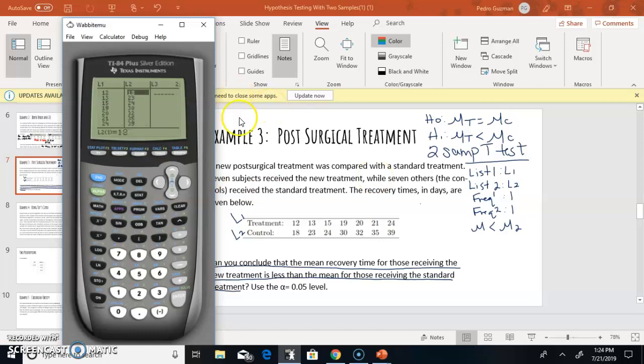Okay, I've got the data in, so now I'm going to quickly run the test. Stat, tests, choose 4. Make sure you choose data. List 1 should say L1, list 2 should say L2. Frequency 1 and frequency 2 should be 1. My alternate statement should be less than, so choose less than. Make sure you hit enter for less than. Pooled should say no, and calculate. P-value is